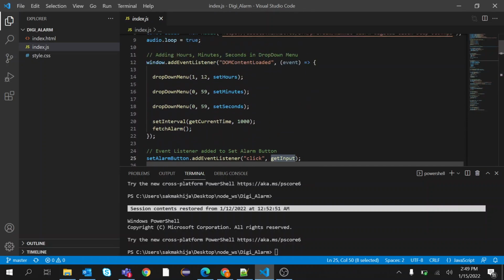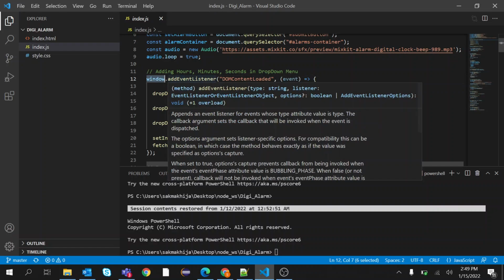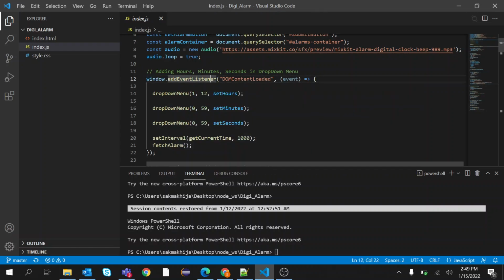If you see how the time shows when the page loads, this is the event listener I have added to the window. Basically, when the HTML page is first rendered, this DOMContentLoaded event is called, and it creates the three drop down menus of hours, minutes, and seconds.